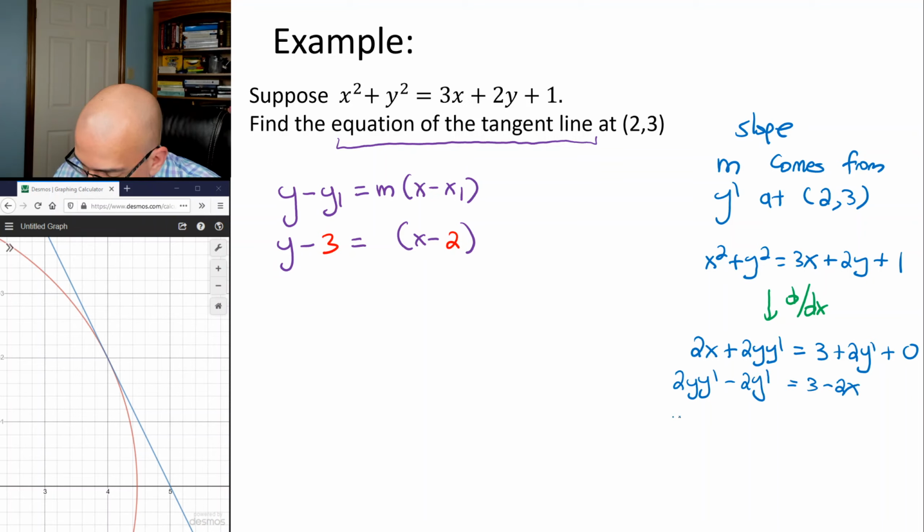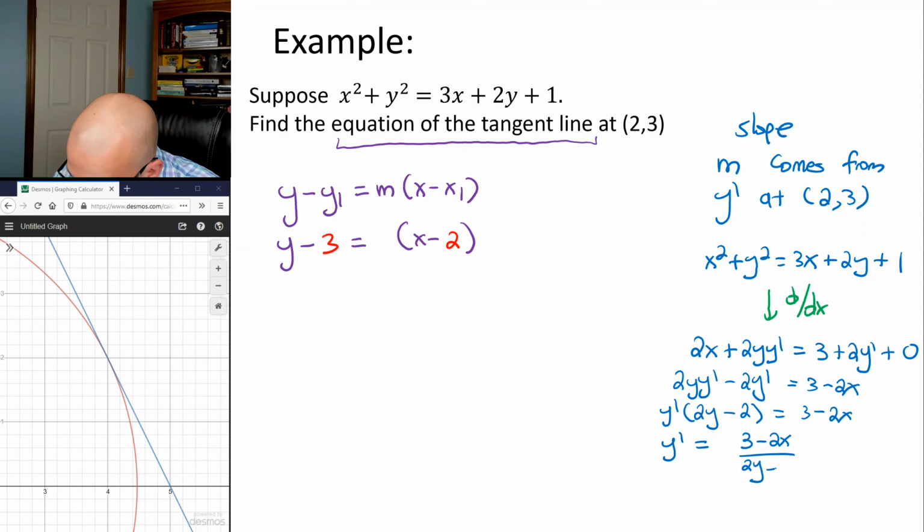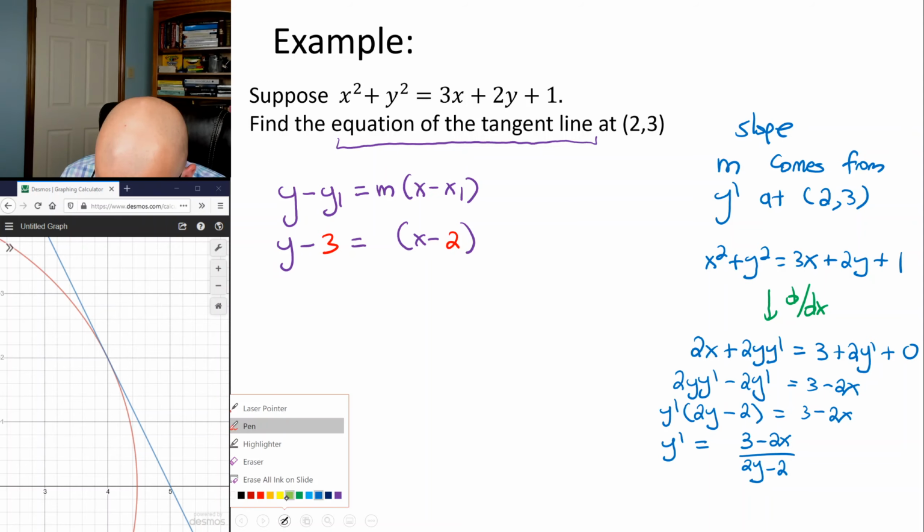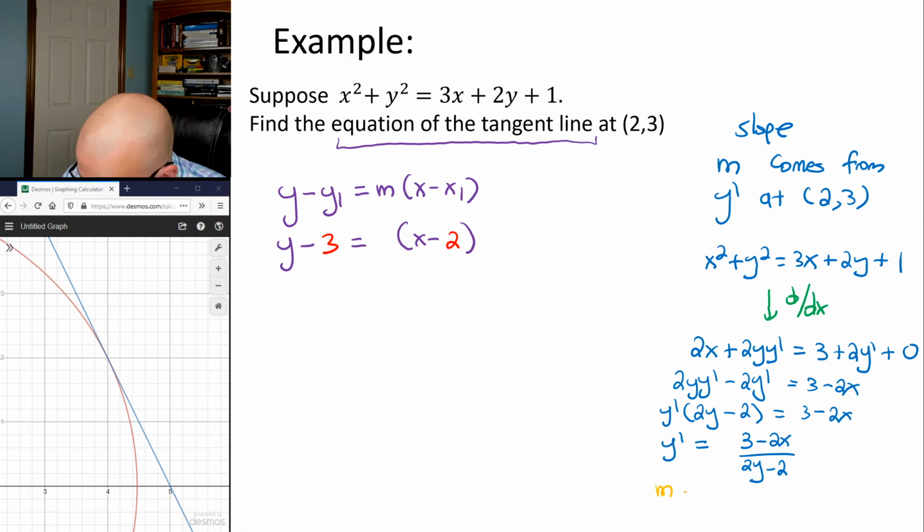And then common factor y prime out. And then divide both sides by that bracket. And then as a final step, we're going to find m by replacing the x